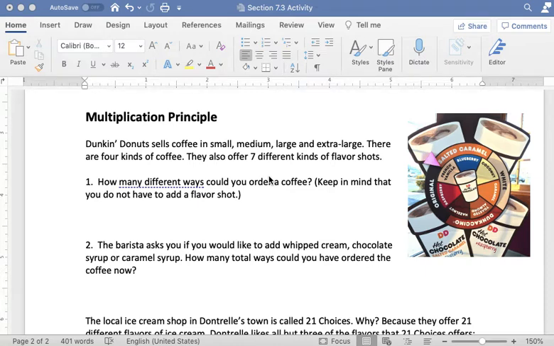In this video, we're going to talk about the multiplication principle. So in this example problem, we have Dunkin' Donuts and they sell coffee in 4 sizes: small, medium, large, and extra large. They also have 4 kinds of coffee, as you can see in the picture: original, salted caramel, white,